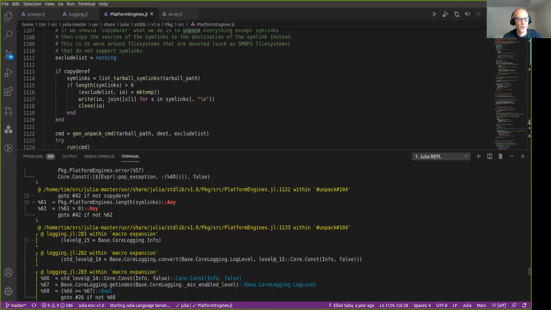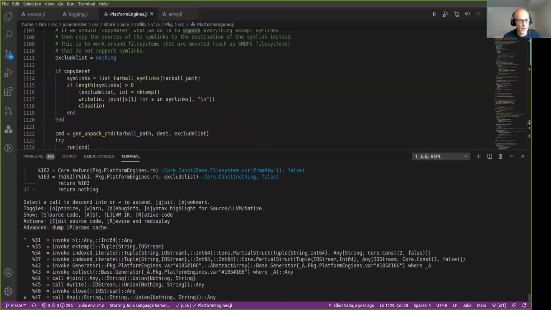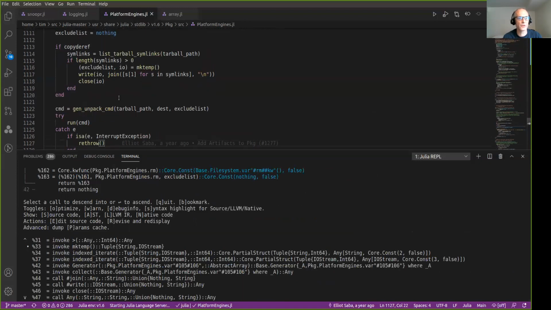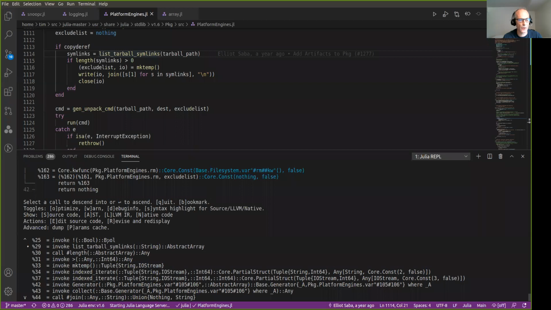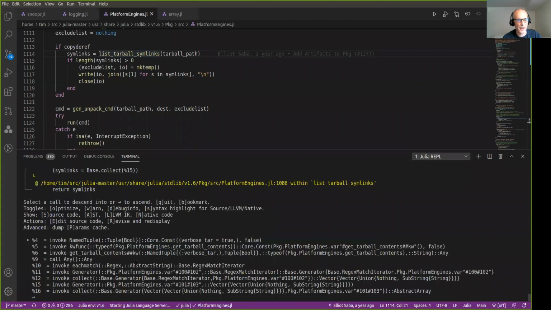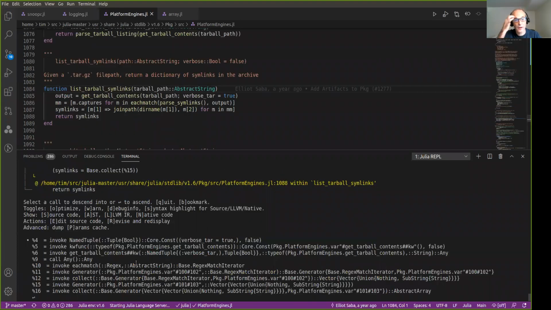All right, so we can scroll down and look for the creation of symlinks through the call to list tarball symlinks. Okay, so here we can find that call. We could have gotten that from roughly the statement corresponding to that line number if we wanted to. So I'm going to hit enter here and edit and take a look at the source code